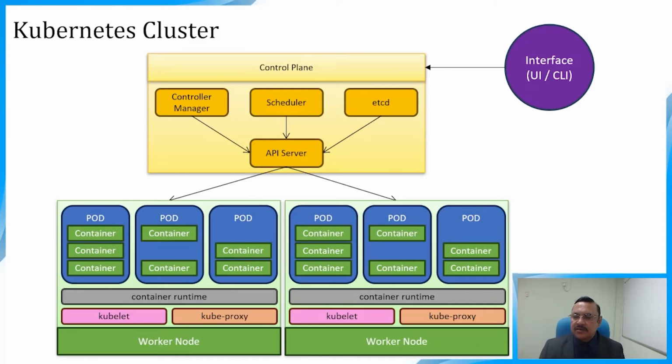It receives the instruction from the control plane about which pods to run on the node and ensures that the desired state of the pod is maintained. It reports the status of application in the node via API. The main functions of kubelet services are: register the node it is running on by creating the node resource in API server, continuously monitoring API server for the pods that got scheduled on that node,